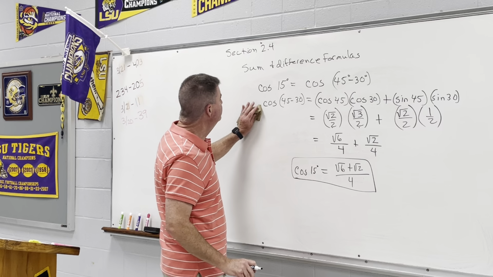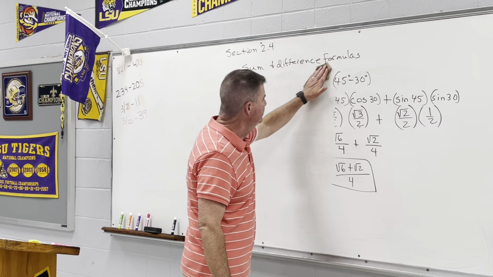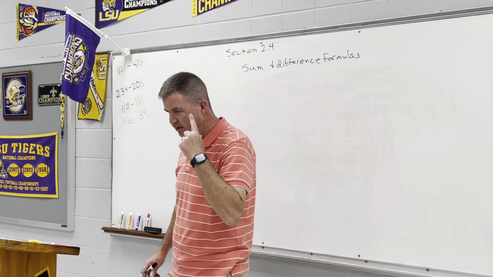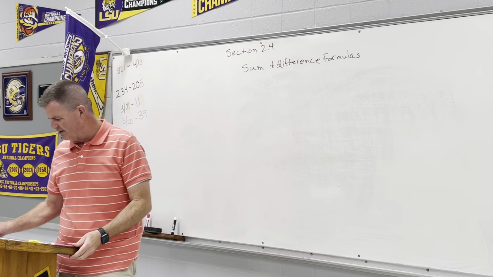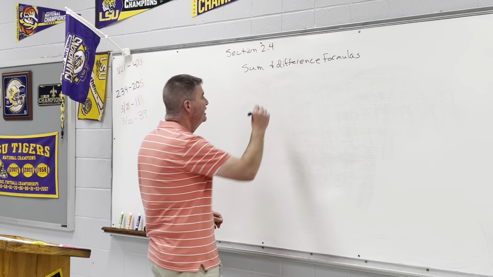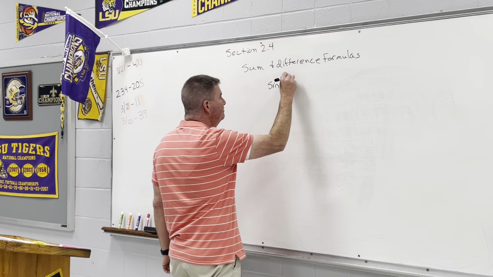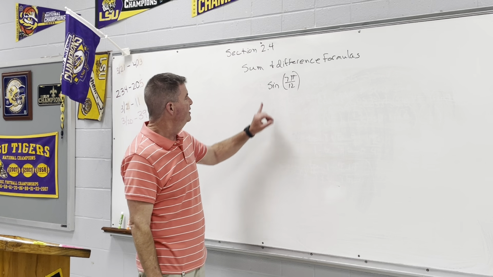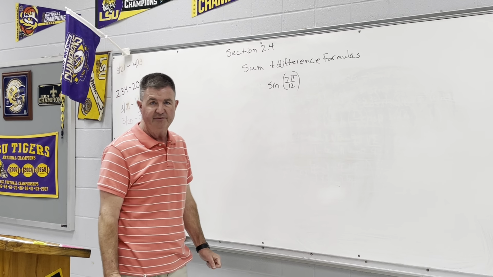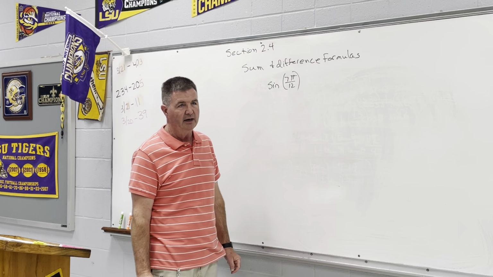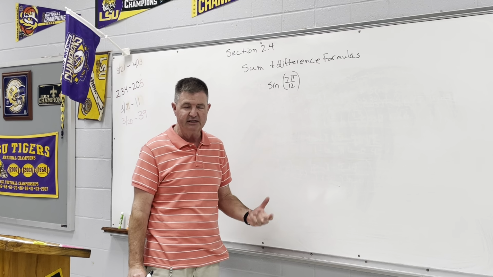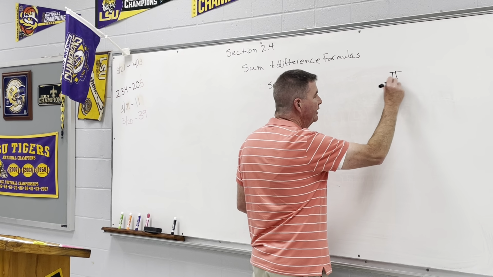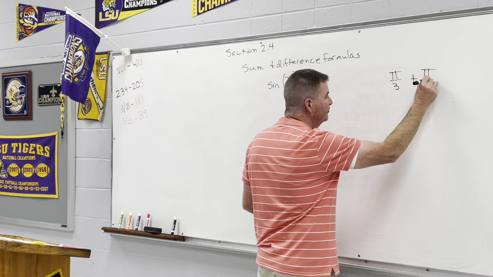In example number 2, we have another one, but this one is going to be in radians. Radians is a little harder to think about what the sum or difference is going to be, but suppose we have the sine of 7 pi over 12. So we have to know, is this a sine of a sum or a sine of a difference? Well, 7 pi over 12 is larger than halfway, which is 6 pi over 12. So I'm going to say that this is probably going to be pi over 3 plus pi over 4, but